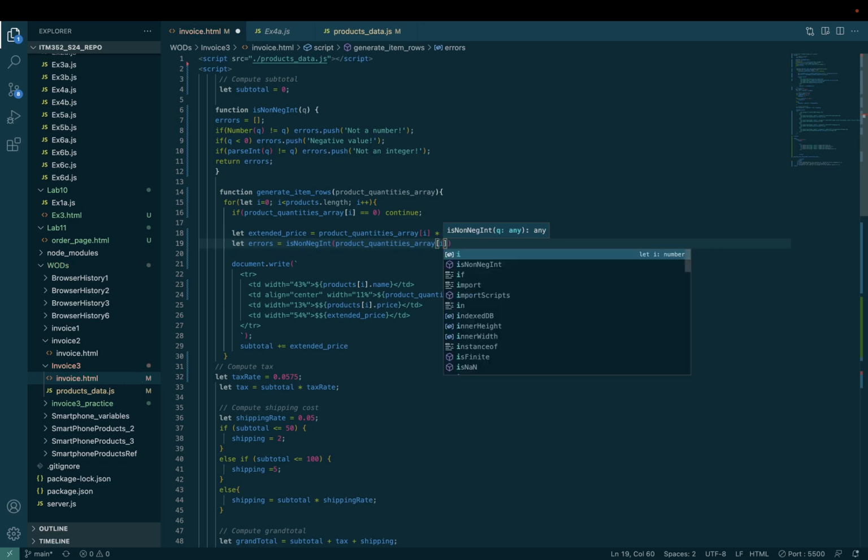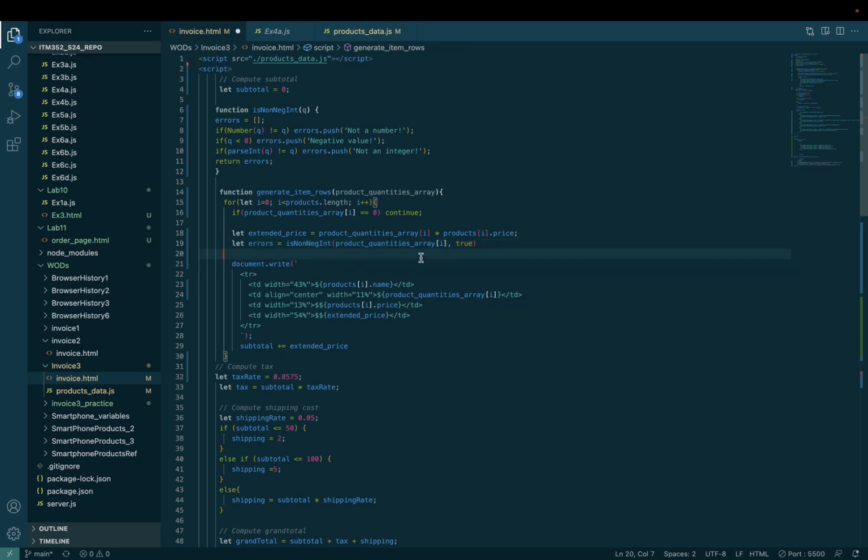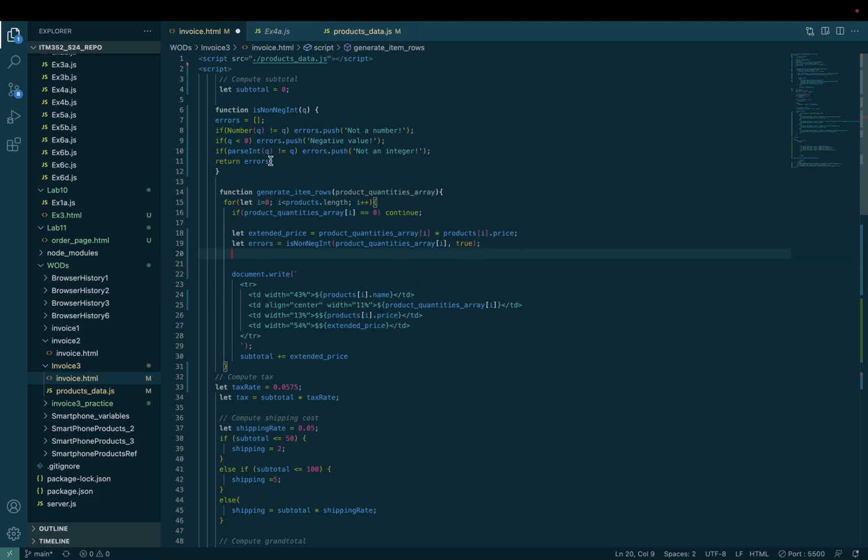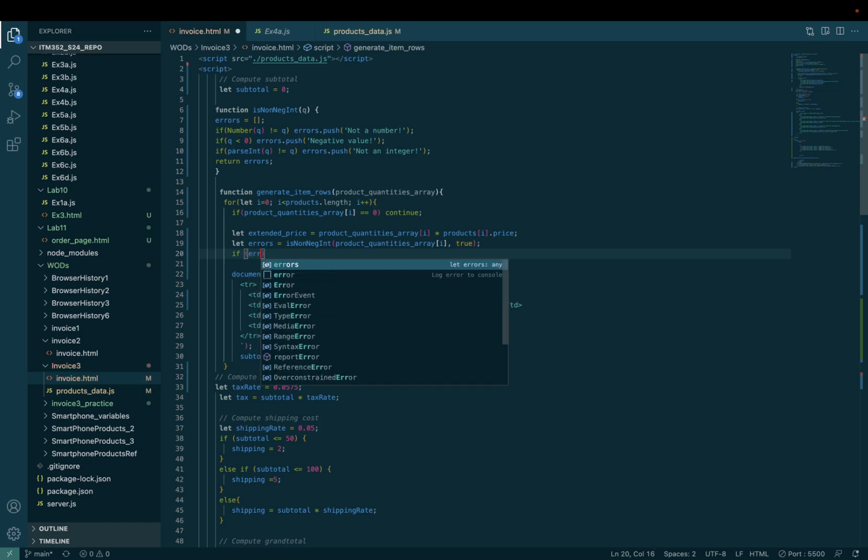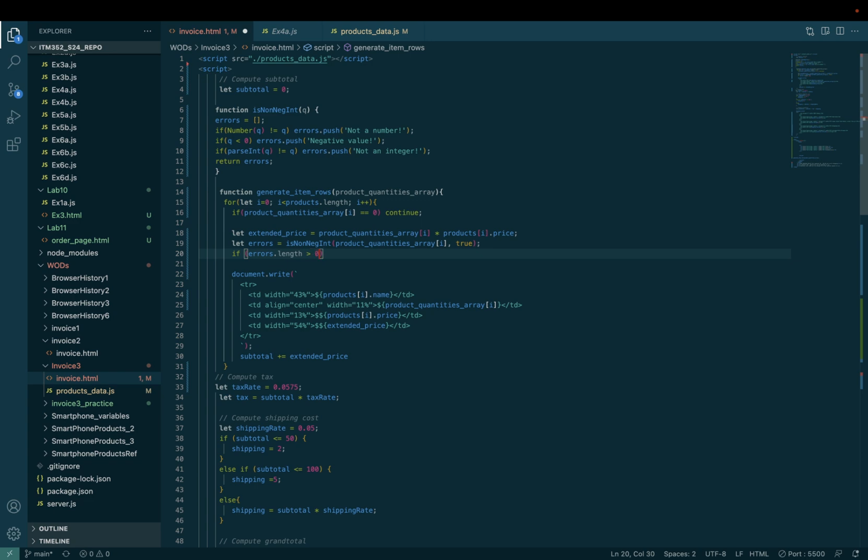i is true. Finish it here, and then there's the length portion from up here. We'll just put it down here. If errors.length is greater than 0, then the extended price is also equal to 0, and this should solve my issue,